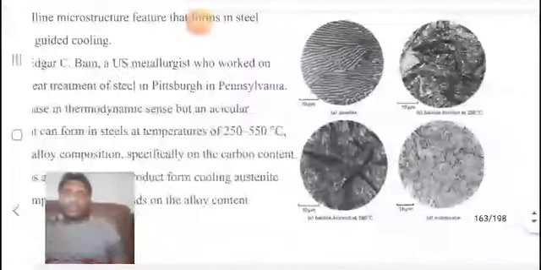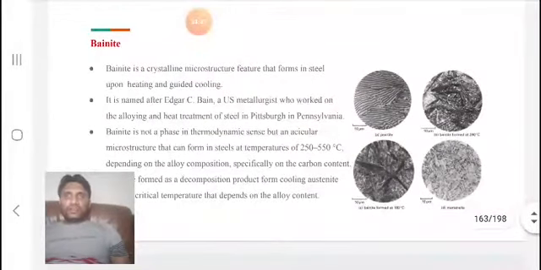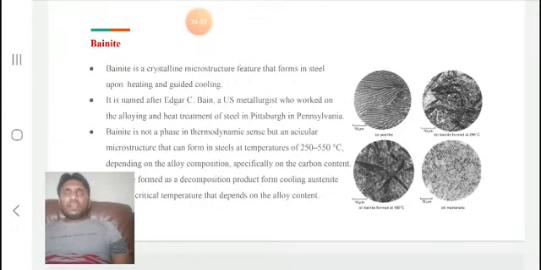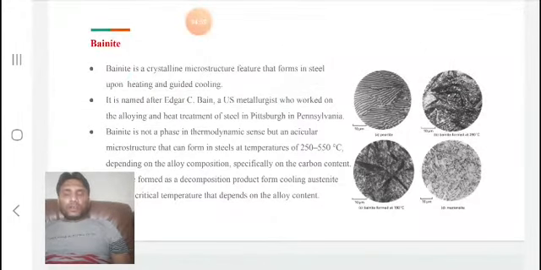So now comes the point here. What is the crystal structure of bainite? The crystal structure of the bainite is BCC. Only the crystal structure of martensite is different because of the quenching rapid action. Otherwise, transforming austenite into perlite or bainite will give only BCC structure at room temperature.